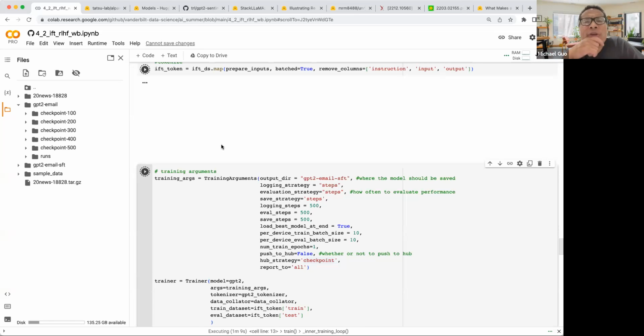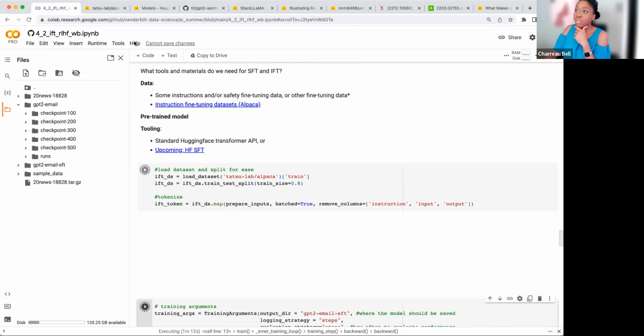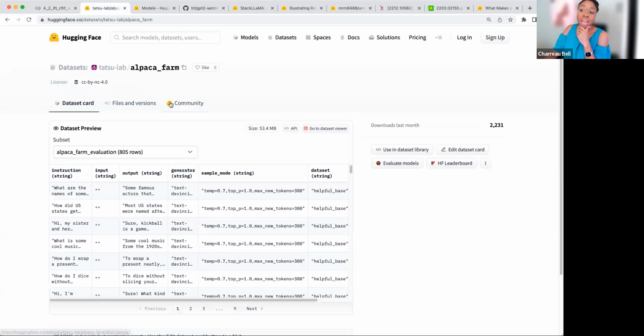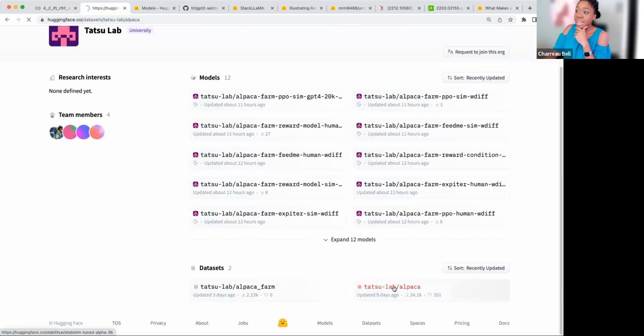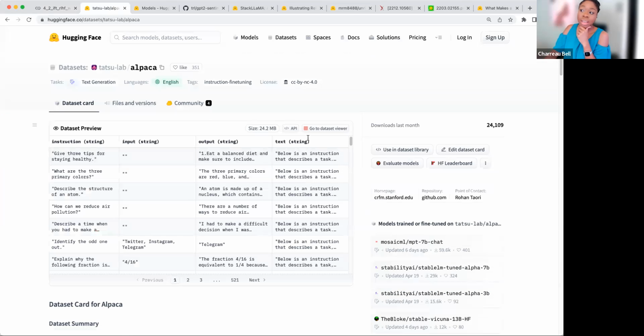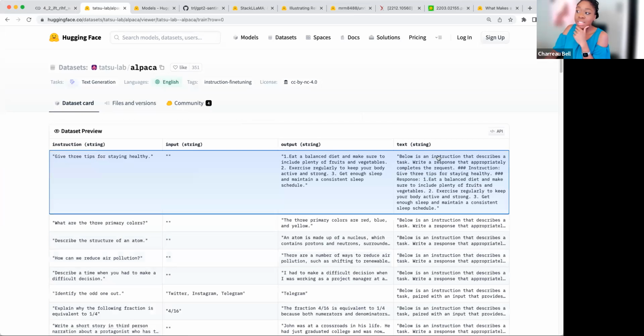So where that instruction was given is in the data itself? Yes. This is the data set that we have. We're using this text here as what we're doing our causal language modeling on, and this is the full text.